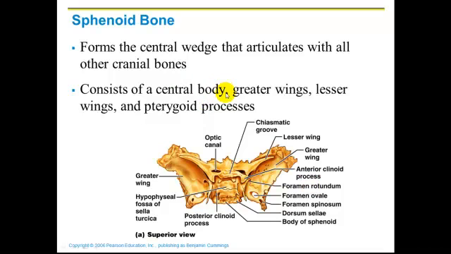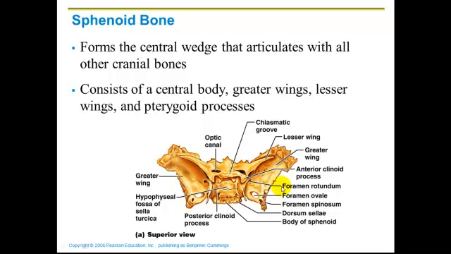The sphenoid bone then would be the most central of the cranial bones. This forms what's considered to be a central wedge. It's also considered to be a keystone bone, in that all of the other cranial bones articulate with the sphenoid bone. The sphenoid bone, looking at a superior view, so we are looking down on the sphenoid bone, we have